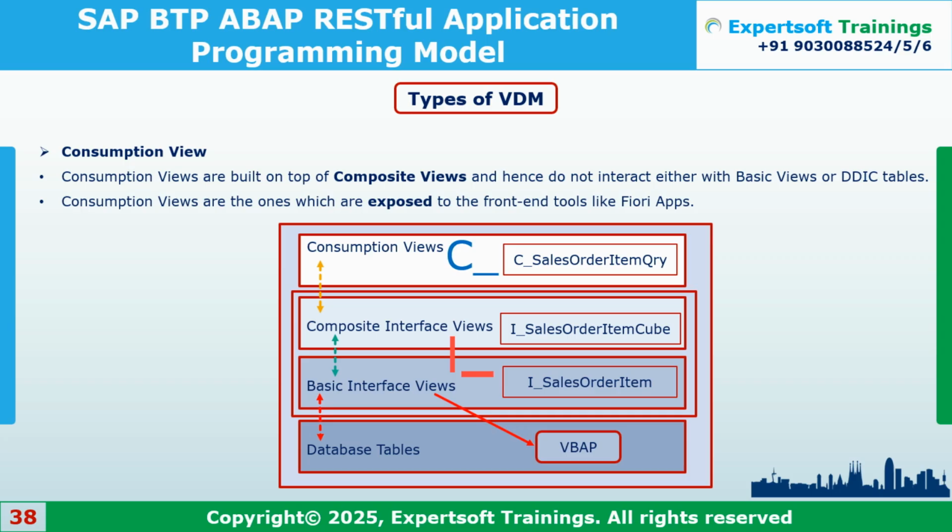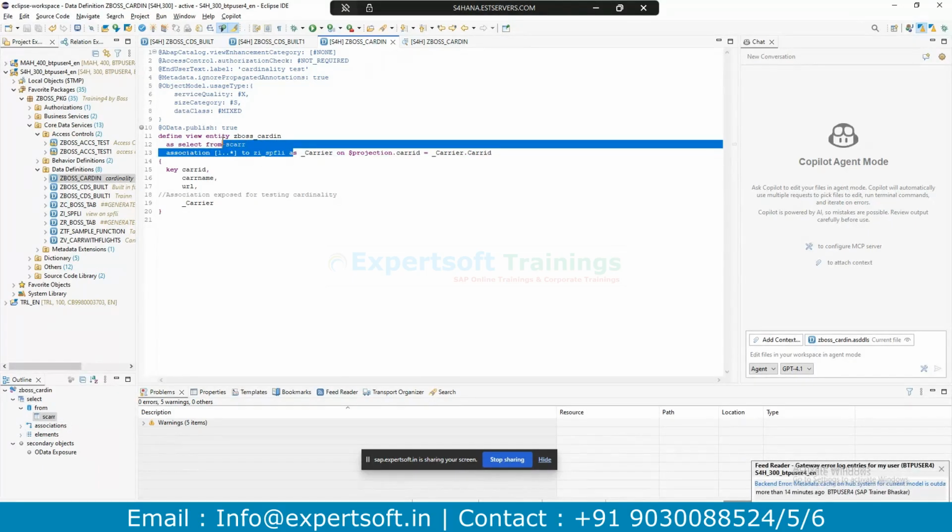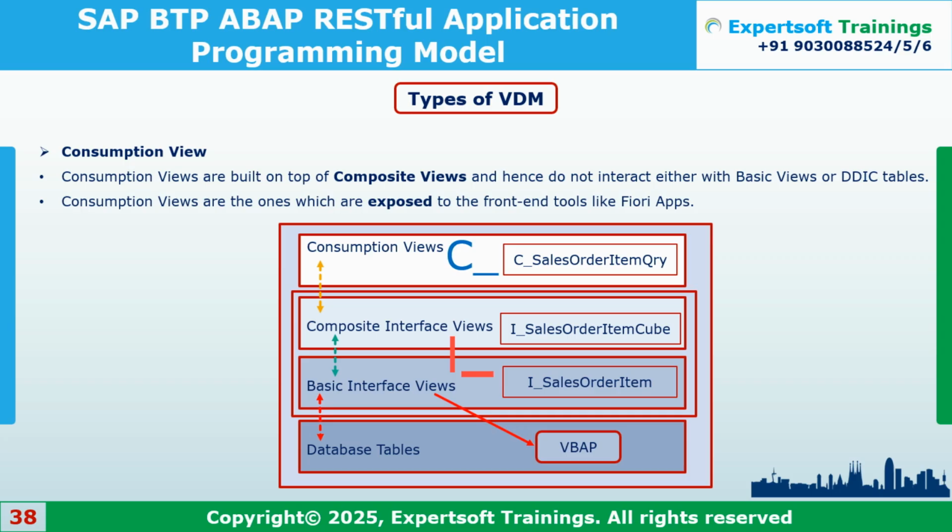We can also combine the base database table. It is not like we cannot access it. We have the feature. Currently, if you see in my example, I have accessed the database table as well as the CDS views. It's not like a restriction, but it's better. It is the recommended way to have all the basic views.